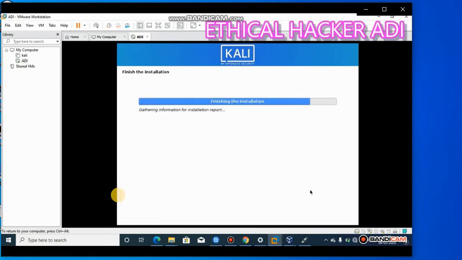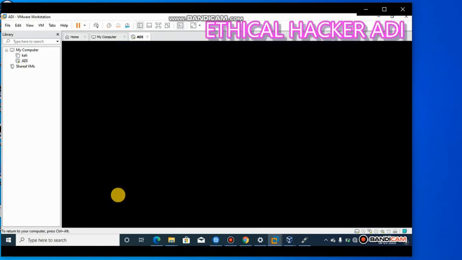So now you are finishing the installation. So let's see. Okay, so guys, now we have successfully installed Kali Linux in our VMware.